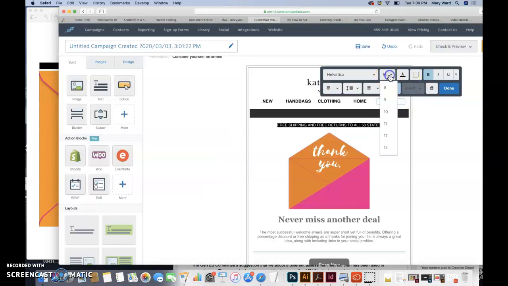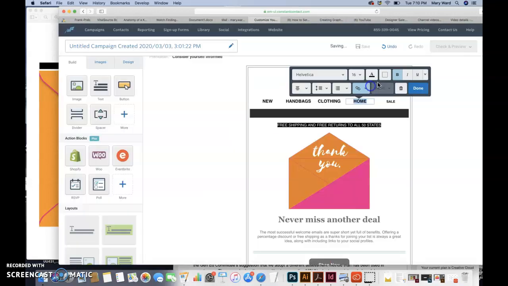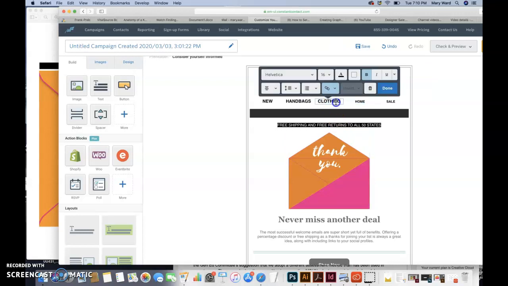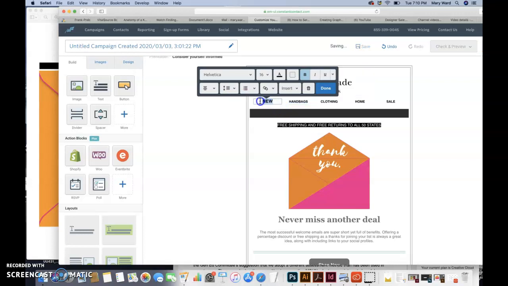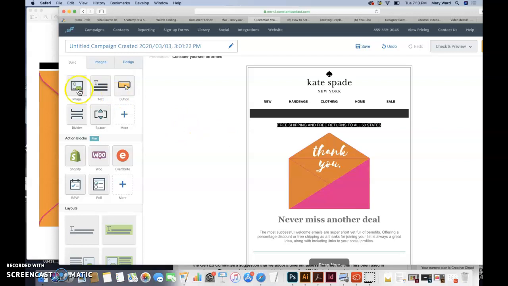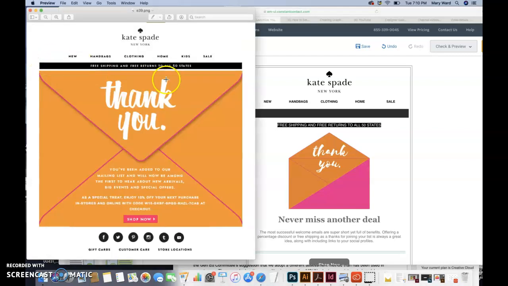Maybe I can change the text size to 12, I think it'll make it look a little bit cleaner. It keeps doing that, but if I just highlight instead of double clicking, it looks a little bit better. So that's pretty close to what they have. They used a slightly different font, but anyway,